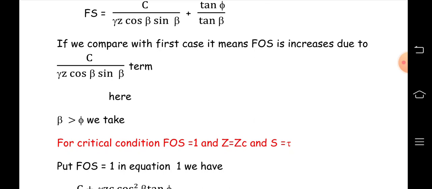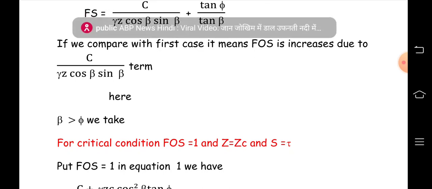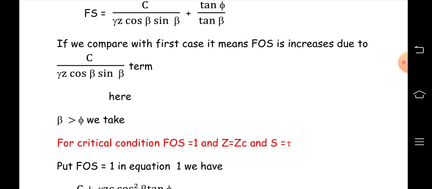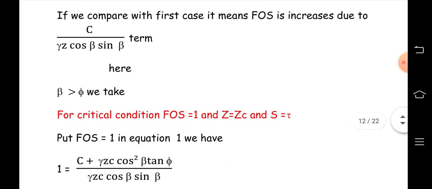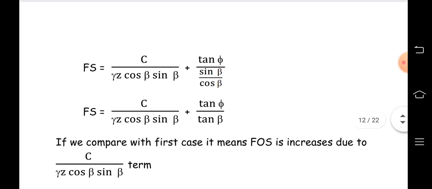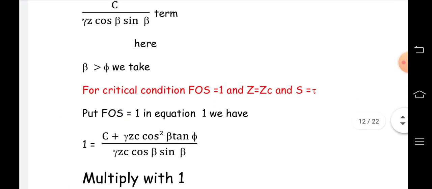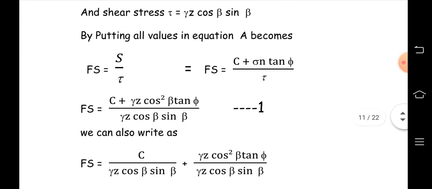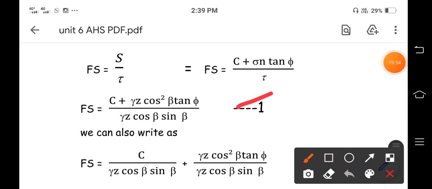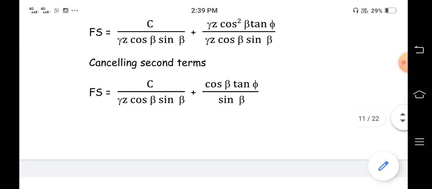So in this case we are going to assume Z equal to Zc, that is total depth will be equal to critical depth Zc, and shear stress, that is maximum shear strength, equal to shear stress along the potential failure. If you put Fs equal to 1 in this equation, and Z equal to Zc,